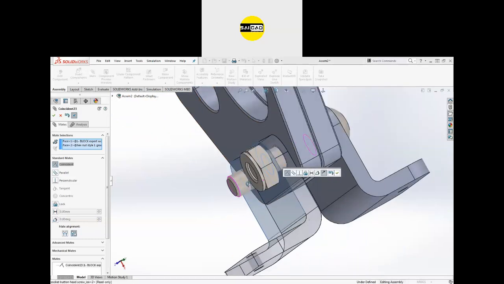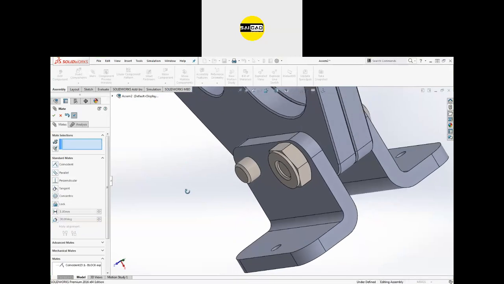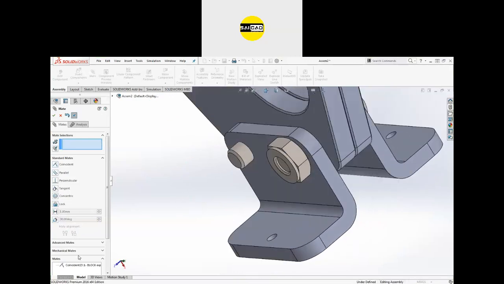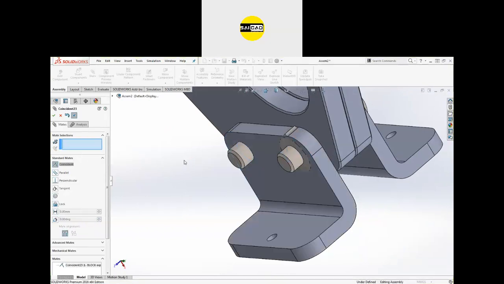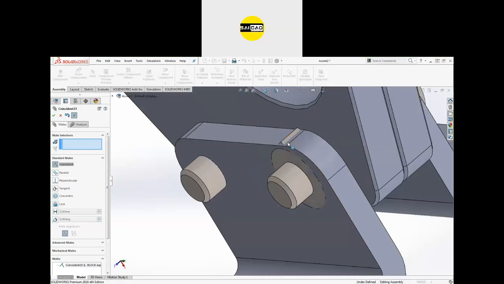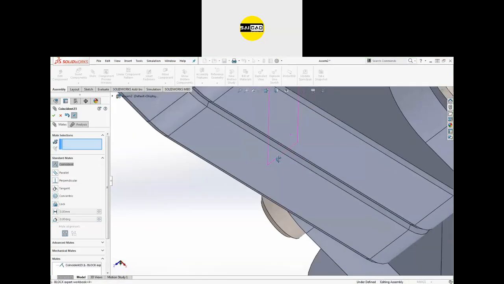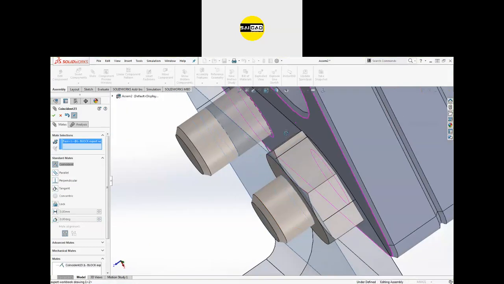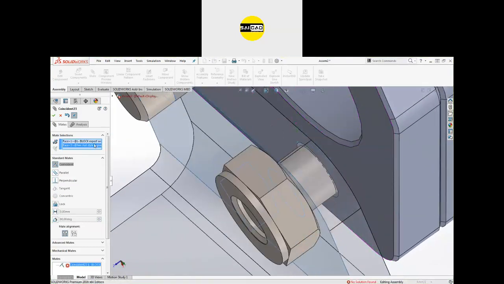Okay, alignment should be, just the face needed to be changed here. So you take this one and okay, then we will move that.